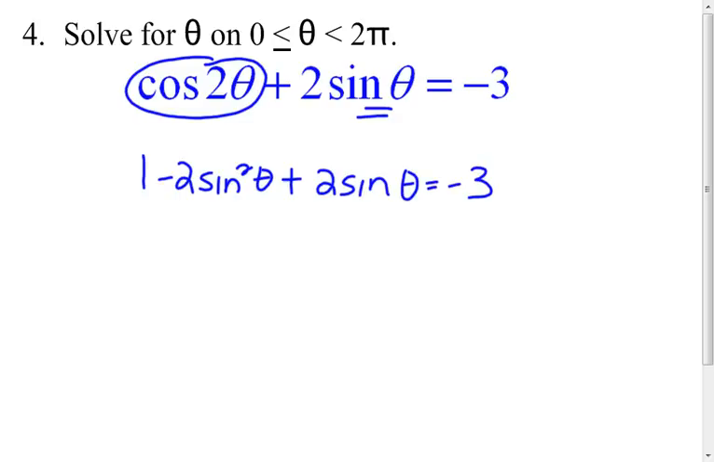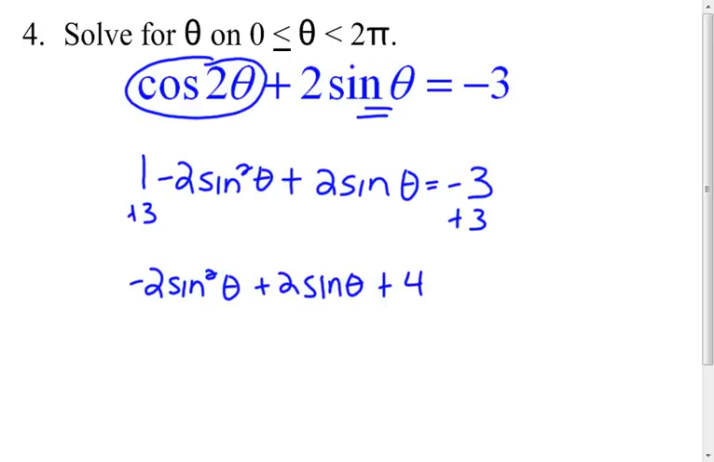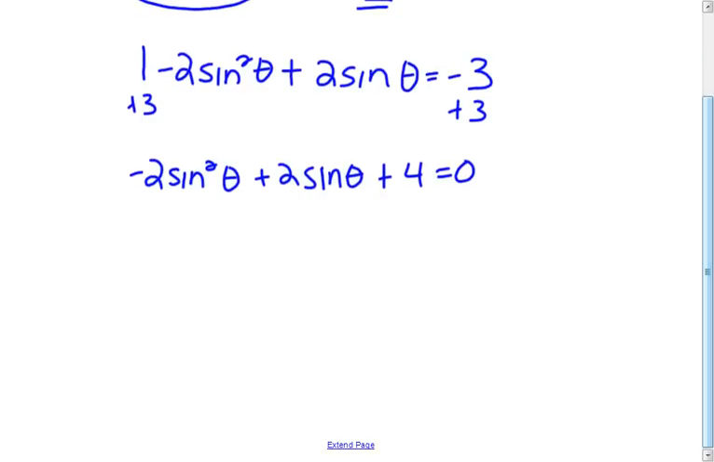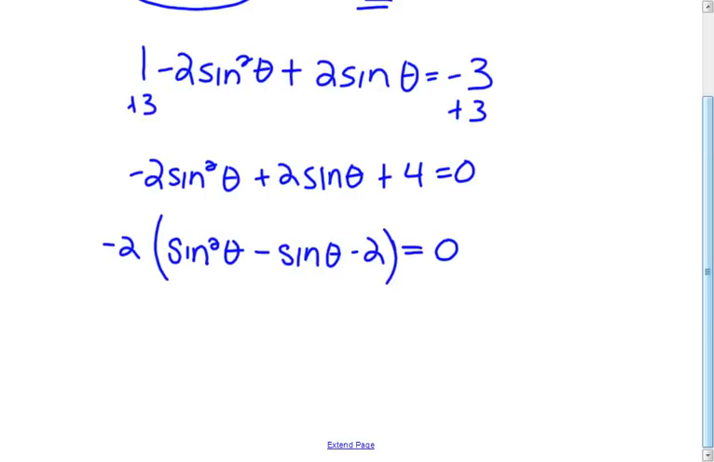All right, I am going to add 3. And I'm going to just kind of switch the order on here. So I have negative 2 sine squared plus 2 sine plus 4. Okay. And then I'm going to notice that I can factor a negative 2 out of here. If I factor a negative 2 out of here, then I have sine squared minus sine minus 2. Okay,